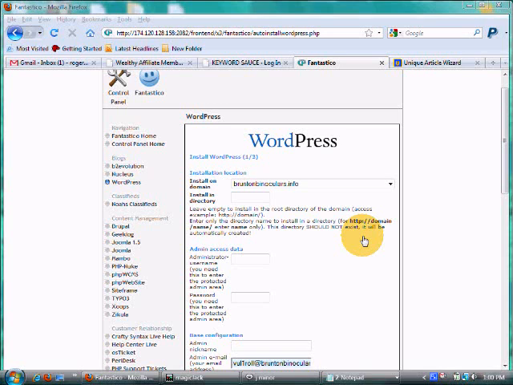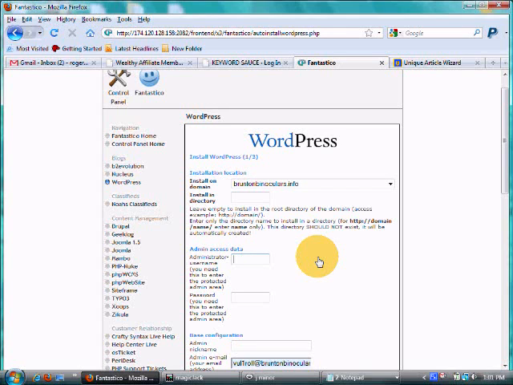So here we are. Install on domain, Brunton Binoculars. Well, that's what we wanted anyway. Install in directory. You're going to skip this. You're only going to use this in certain situations. In any of the retail sites that you're building, you're probably not going to use this at all. So we're going to skip on down to the next box,